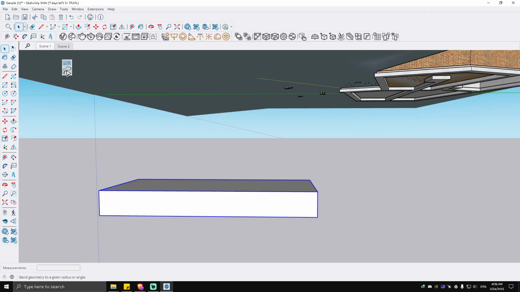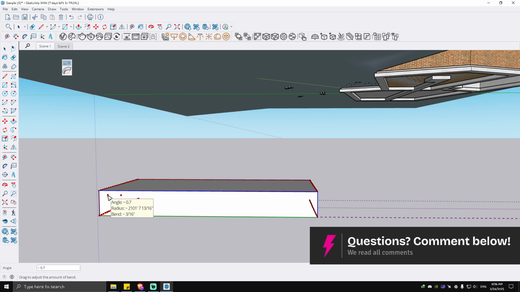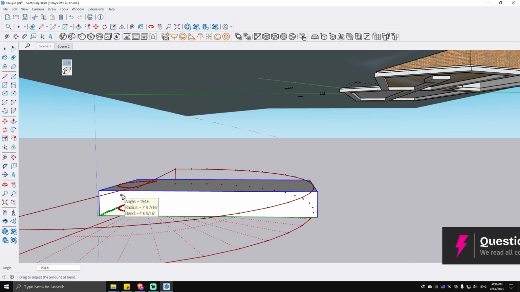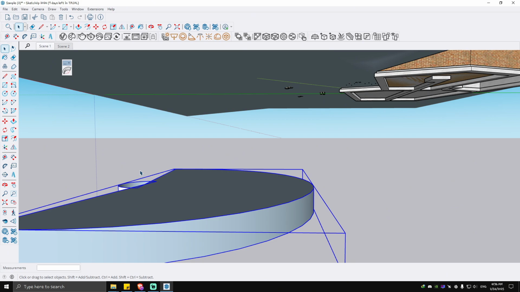All right, now use TrueBend right here. You can basically use these lines right here, whatever you want. All right, for example, right there. Okay, hit enter. And when we look at it,